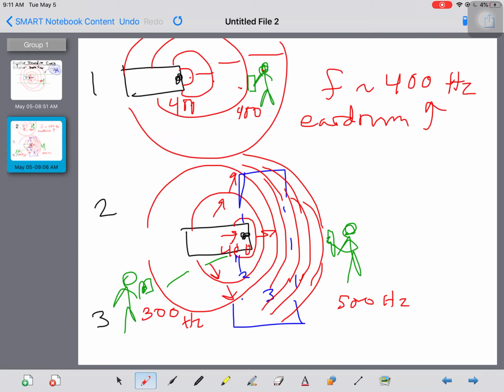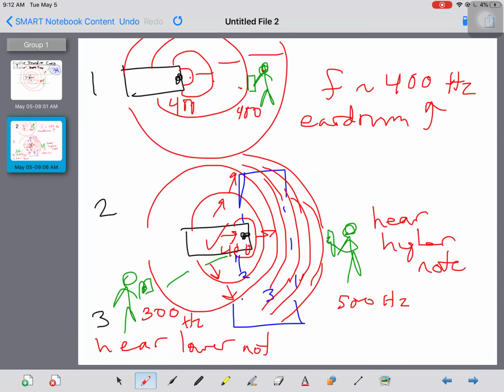And so the crazy thing here is that even though the car makes the same exact 400 hertz, the person that it's driving towards will actually hear a higher note. And that's what you saw in that video. And the person it's driving away from will actually hear a lower note. And you saw that in the video too. When the car approached you, and then when it went past you,